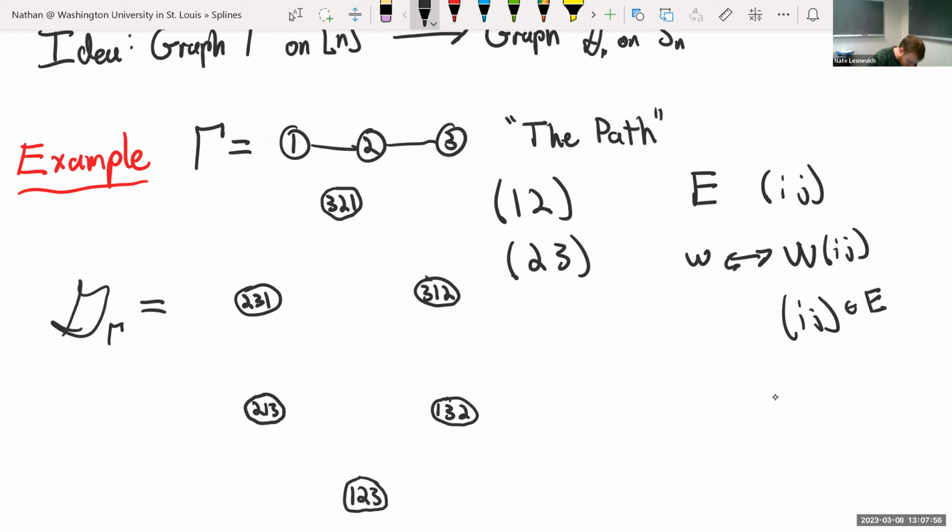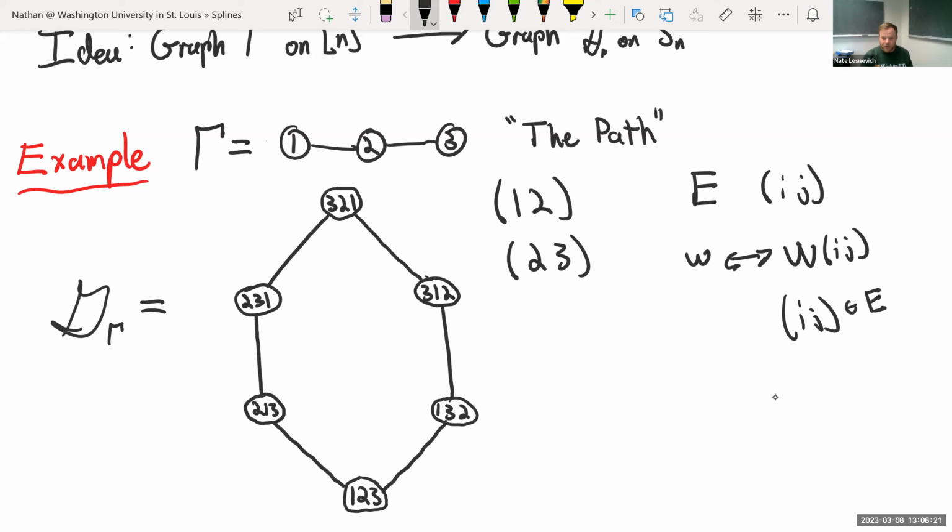So switching the first two switches 1 and 2 here, switches 1 and 3 here, and switches 2 and 3 there. Those are all of our (1 2) edges, and then switching the elements in indices 2, 3 gives us